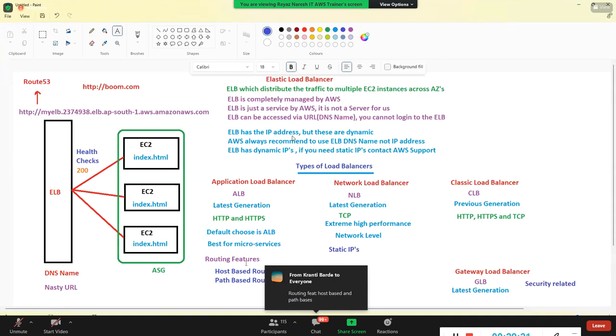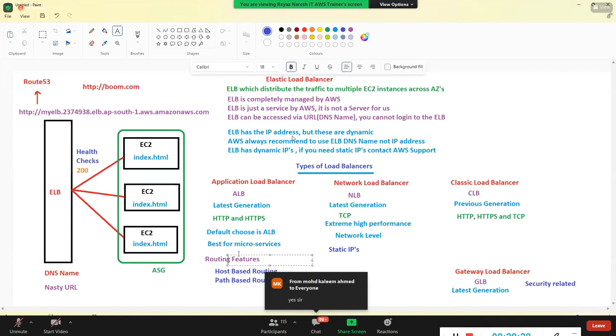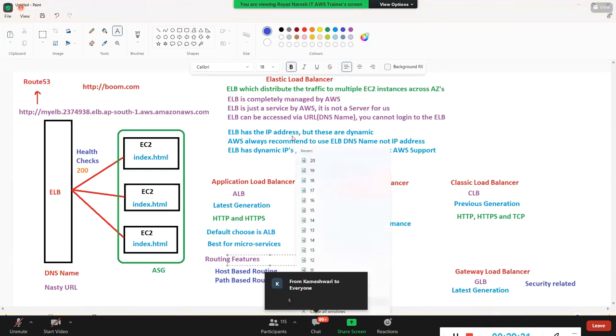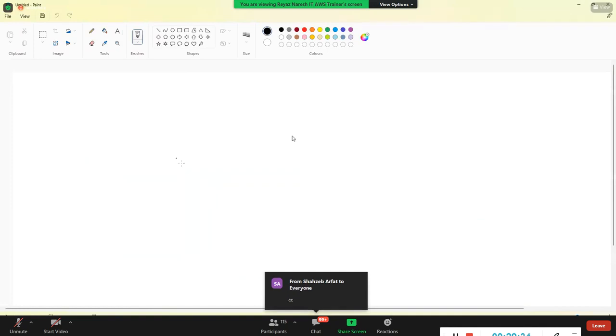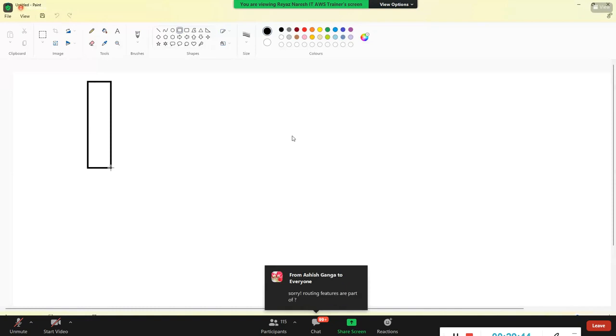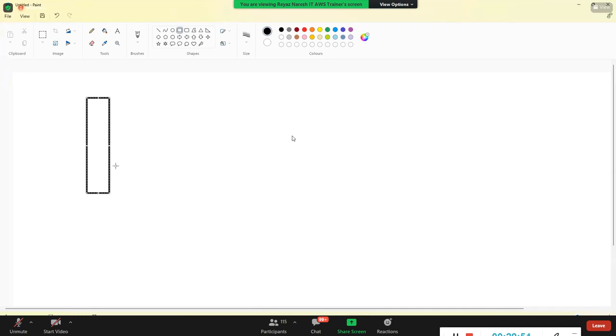Is this clear till here before I go and talk about host-based and path-based routing? Let me give you a real-time example. Guys, listen carefully. I have the load balancer, the application load balancer. So this is the load balancer, and we have